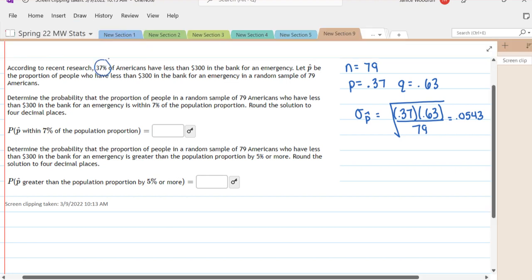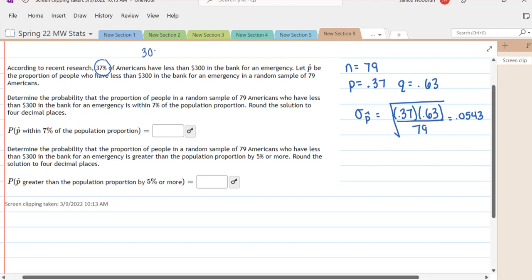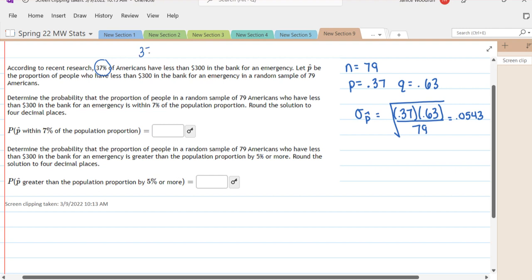Yeah. So we want it where p is between 30% and, what's 37 plus 7? 44, right? So within 7%, it would be 37 plus or minus 7. So 30 and 44. That's what we want. So 0.30 and 0.44. So we want p hat to be between 0.30